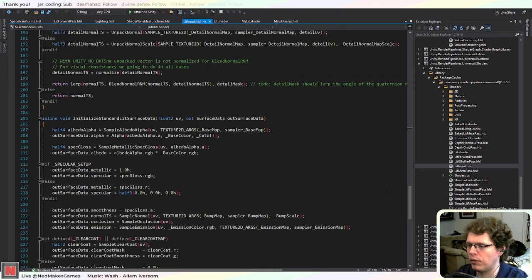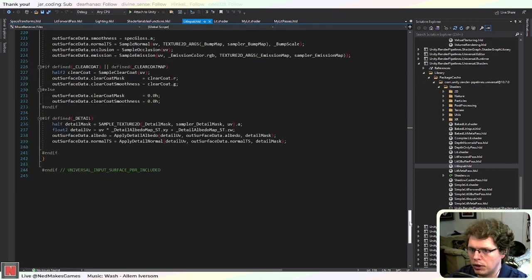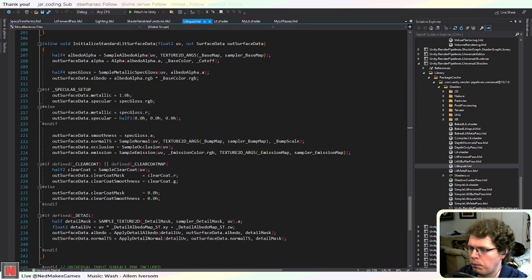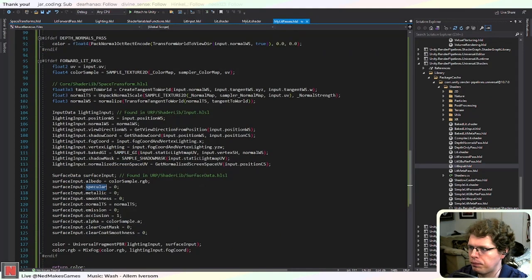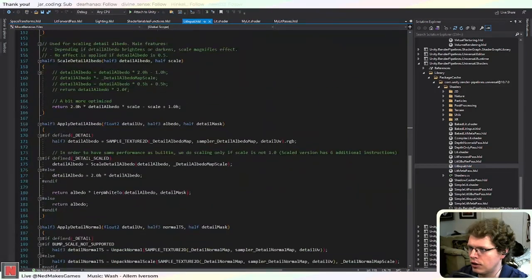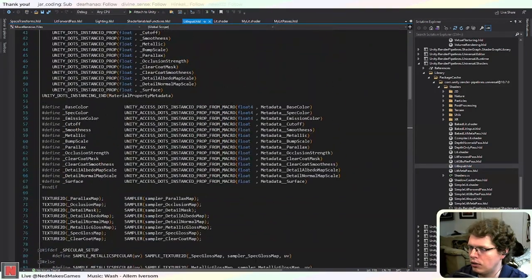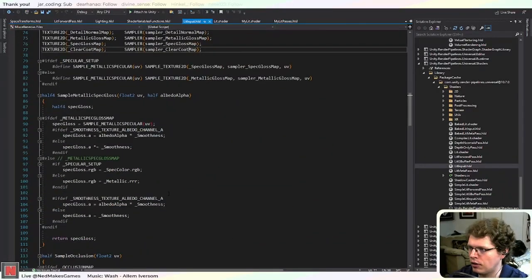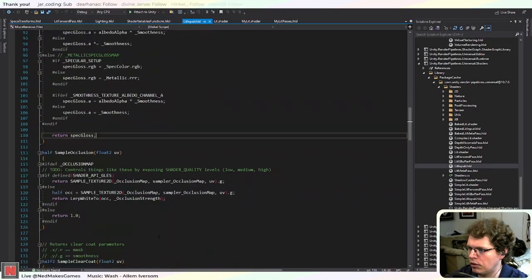Okay. Yes, this is a bit more complicated. I wonder, we could probably just use these functions instead of... Oh, well, no, because then we'd have to name everything the same. So that would be a little bit confusing, because I was going to say we could just include this file and then reuse everything, but